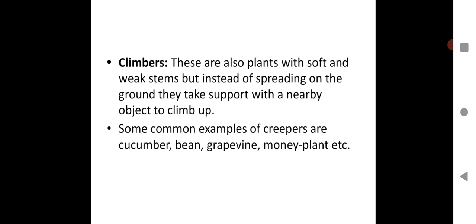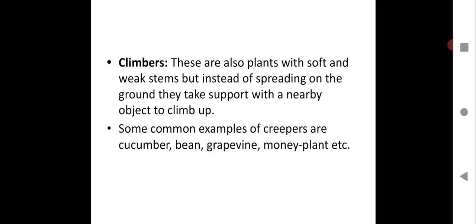As the name suggests, climbers are going to climb on an object where they find support. They try to take the support of that object and they grow on that. Wherever they find a nearby object, they start taking the support and grow with the help of that object.